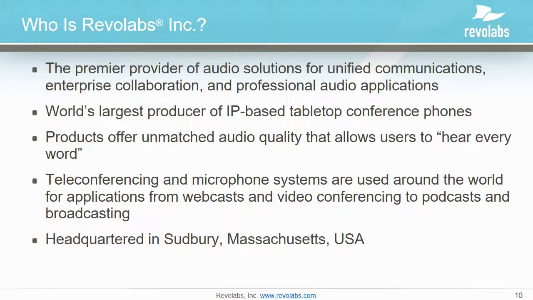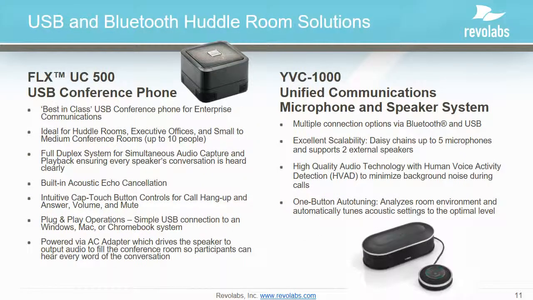Would you spend a few minutes talking about these 2 products, the ones that deal with USB and Bluetooth solutions? Right. Thank you, Gary. So the types of products that you're seeing here are the USB and Bluetooth solutions. As I mentioned earlier, I'm speaking on a UC500. It's ideal for huddle rooms, offices, small to medium conference rooms. This is a full duplex system, has echo cancellation. It has some intuitive design for call control right on the device. It's a simple connection into your PC, your Mac, and it's powered, so you're getting a really good quality audio